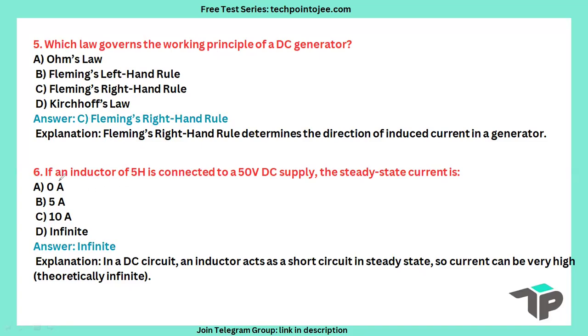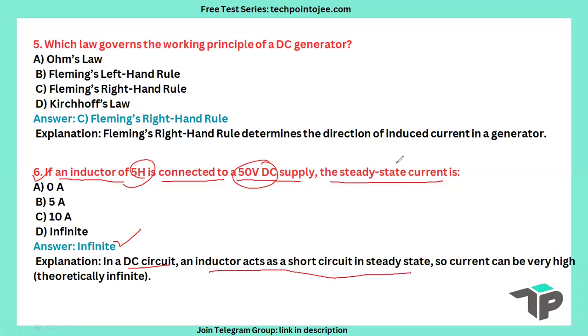Then if an inductor of 5 Henry is connected to a 50 volt DC supply, the steady state current is? So an inductor and a DC voltage are given, and the steady state current is asked. So the current will be infinite. In a DC circuit, an inductor acts as a short circuit in steady state. So in a DC supply, the inductor behaves as a kind of short circuit, because inductive reactance XL is given by the formula